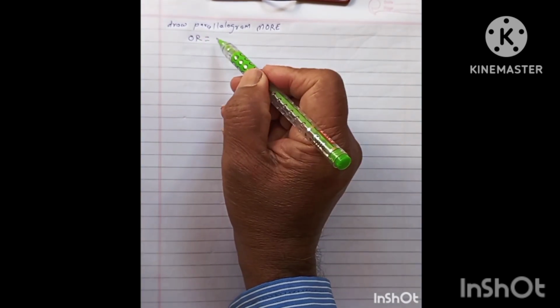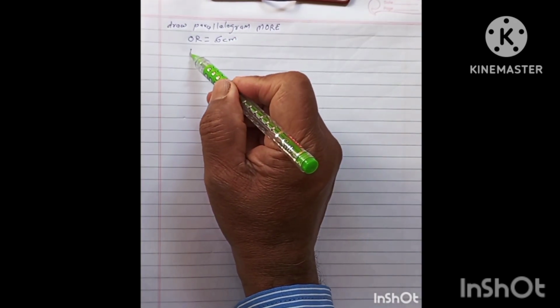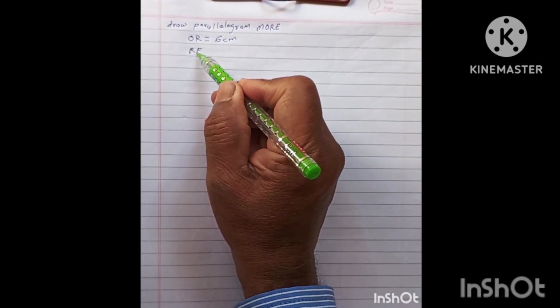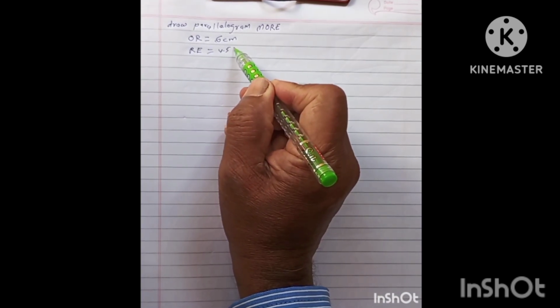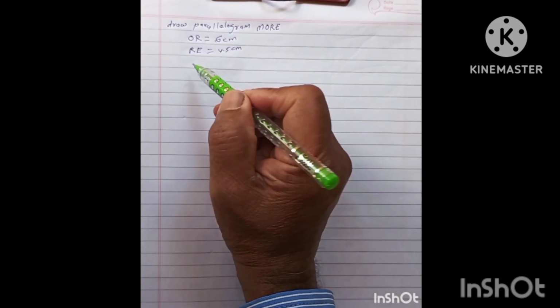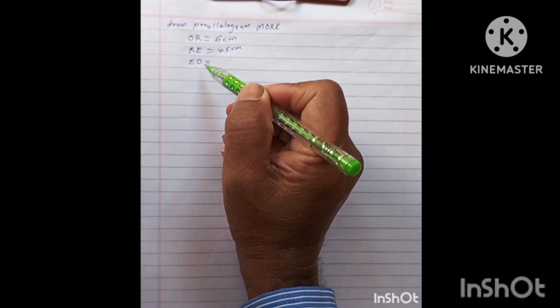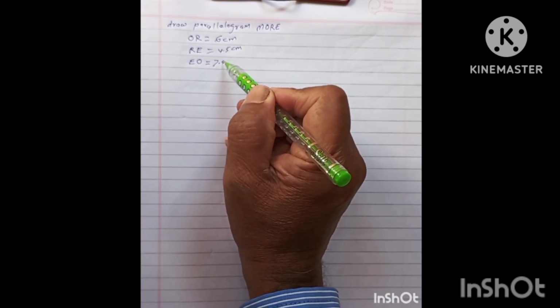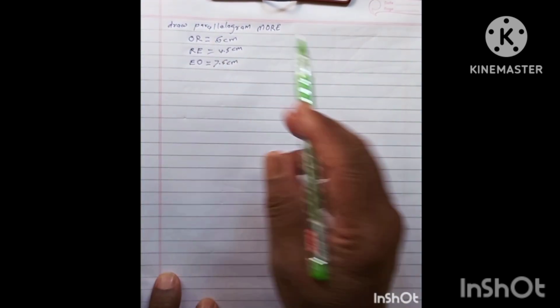So OR is equal to 6 centimeters, RE is equal to 4.5 centimeters, and EO is 7.5 centimeters. Okay, draw a rough sketch,